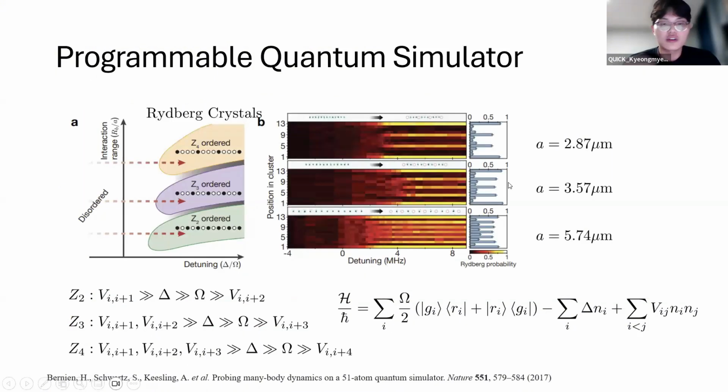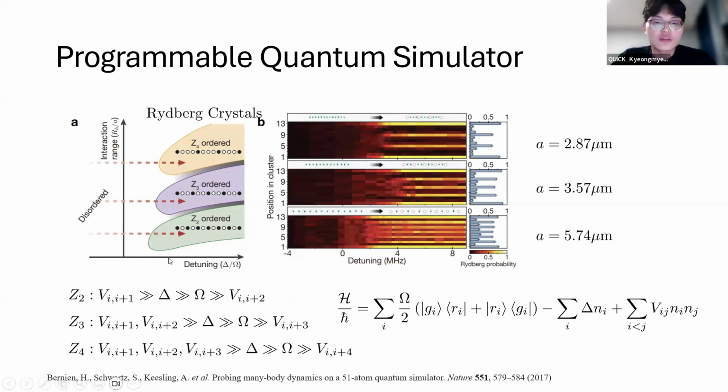And as mentioned earlier, the Hamiltonian that describes the Rydberg interaction resembles the Ising model for effective spin 1/2 particles with variable interaction range. Its ground state exhibits different types of many-body phases that break distinct spatial symmetries. What I mean by this is that at large negative ratio of delta over omega here, the ground state corresponds to the disordered paramagnetic phase where all atoms are in the ground state.